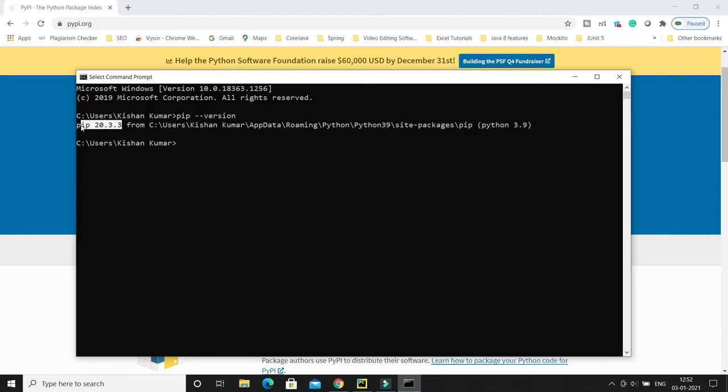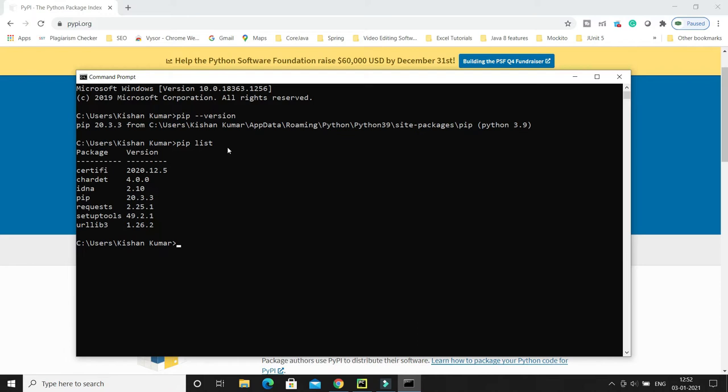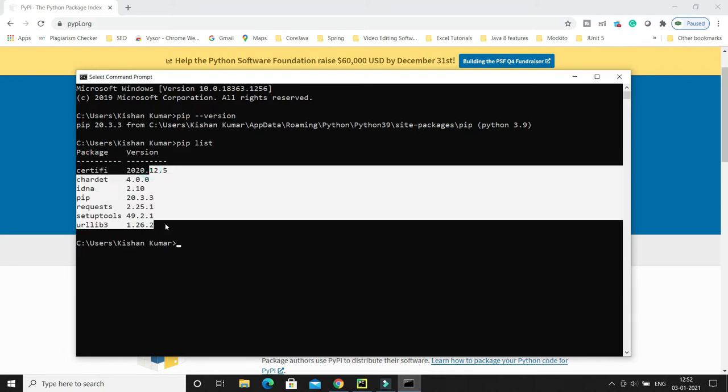Version is 23.3. Now if I want to check what packages are already installed on my machine, how can we check? For that you have to use the command pip list, and this will list out all the installed packages along with their versions. Here you can see these are the packages installed on my machine.